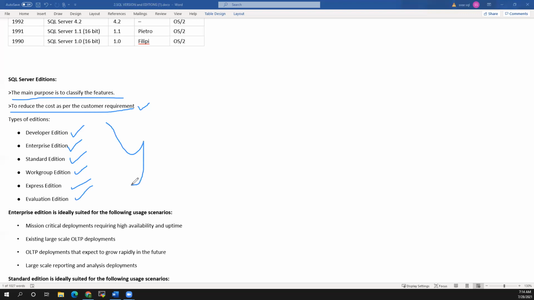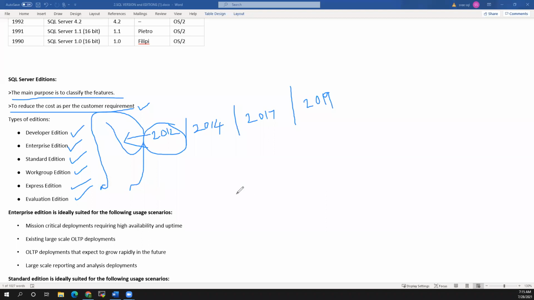Each version, SQL Server 2012, SQL Server 2014, SQL Server 2017 or SQL Server 2019, will have these editions. Every version, these editions will be available.